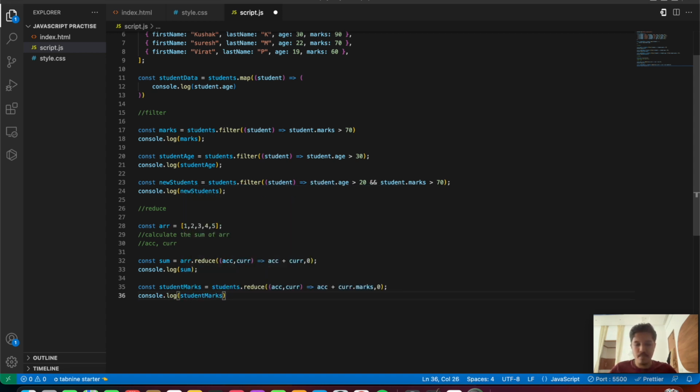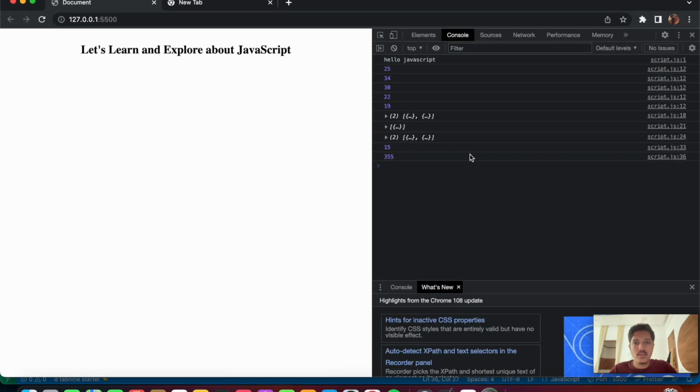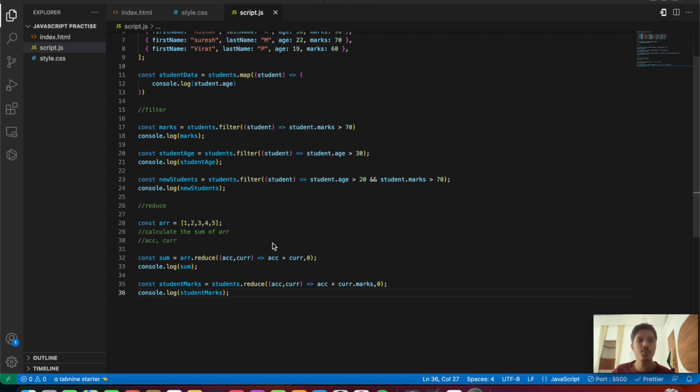Let's check the value out once. Yeah, so there you go, it's working correctly. It should give us 355. That's the sum of all the marks that is present inside the students array. So that's the way the reduce method works. It's going to return us a single value by taking in the accumulator as well as the current value. Let's try the same thing for the ages. So let's say const sum